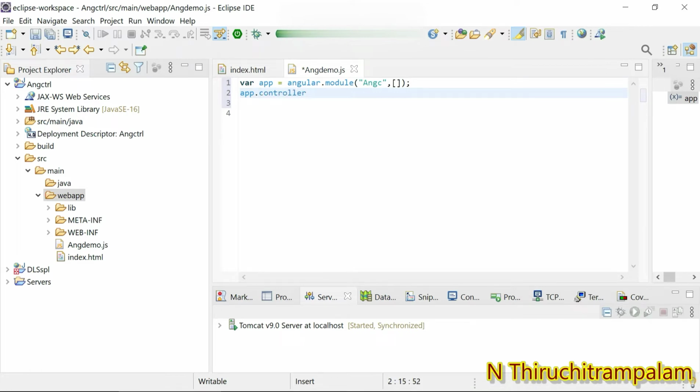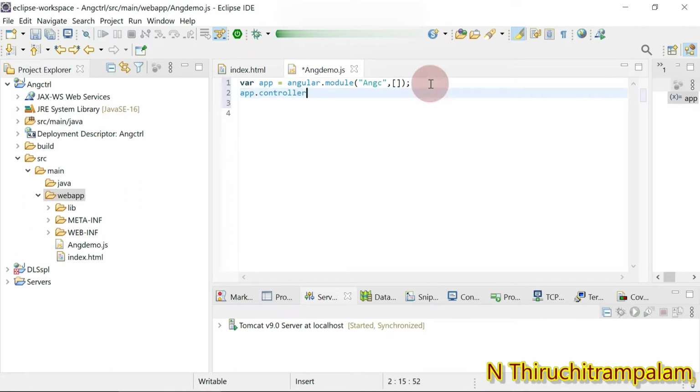We need to use the keyword controller on this variable that holds the Angular module ANGC.